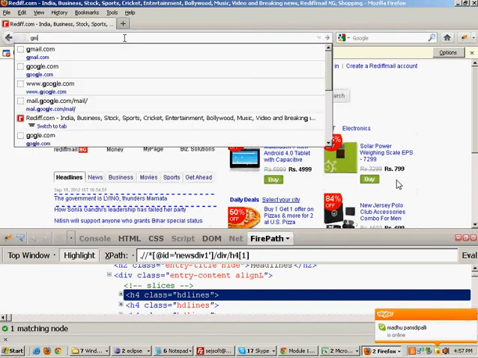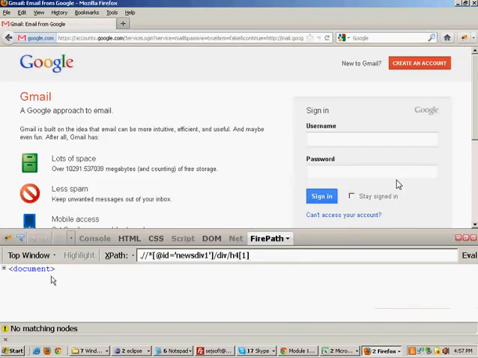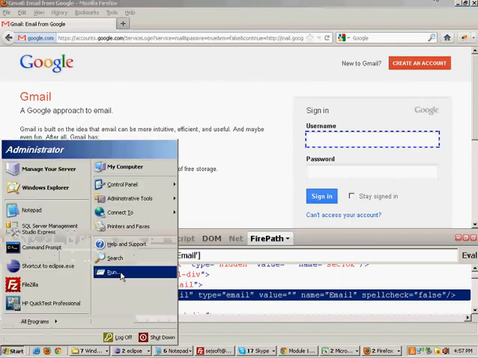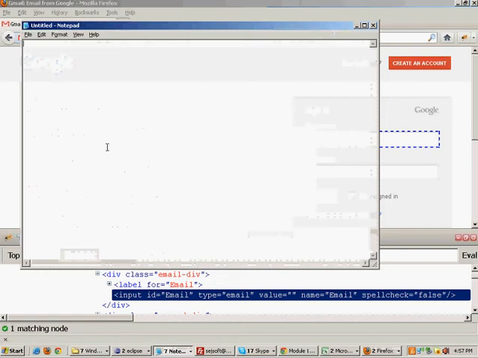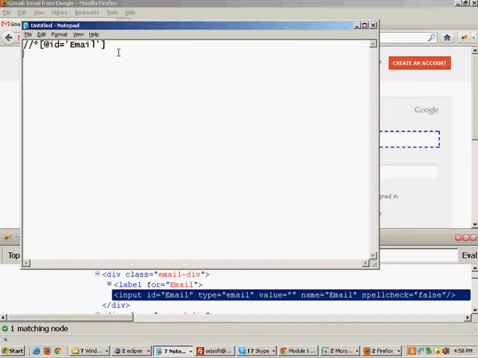Right. So the XPaths are based on the ID attribute, and we sometimes need to make an XPath based on some other attribute. What I mean to say is that suppose I am on gmail.com. Taking a very, very simple and clear example, right? What is the XPath of this field? The XPath of this field is this. I'll open a notepad and I will paste the XPath here. Now this XPath is coming from Firebug and it is based on ID.